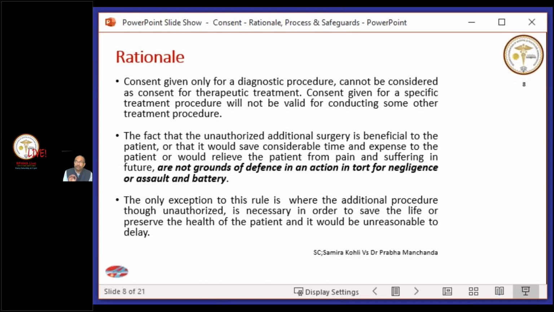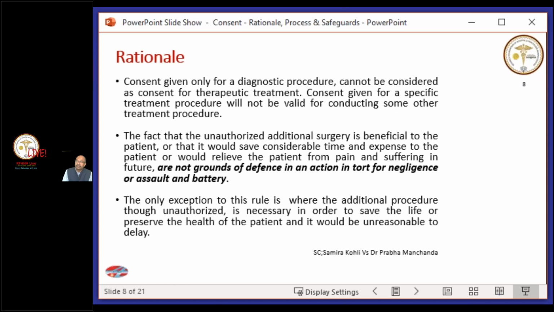And it goes on to say that consent given only for a diagnostic procedure cannot be considered as a consent for therapeutic treatment. A consent given for a specific treatment will not be valid for conducting some other procedure. The fact that an unauthorized additional surgery is beneficial to the patient, or that it would have saved considerable time, expense of the patient, or would relieve the patient from pain and suffering in future, are not the grounds of defense in an action in tort for negligence or assault or